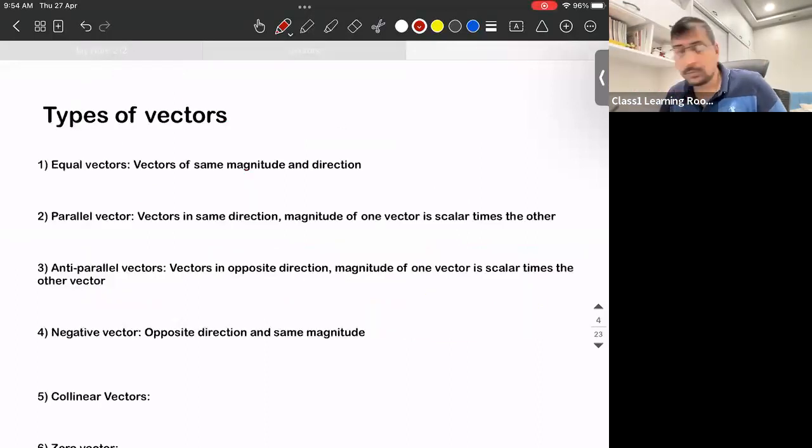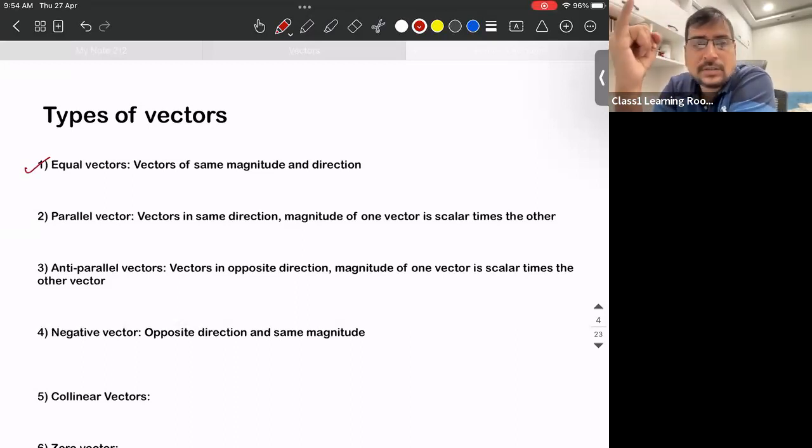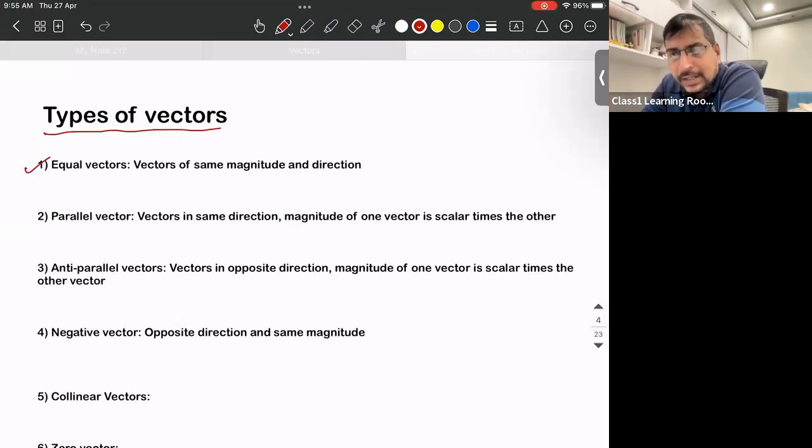Now we shall discuss the different types of vectors. We have equal vectors, parallel vectors, anti-parallel vectors, negative vectors, collinear vectors, zero vectors, something like this. Whenever you classify something, you talk about the different types of it, so there needs to be a differentiating factor. Here, based on the two parameters of magnitude and direction, I can classify the vectors into different types, of which the first one is called